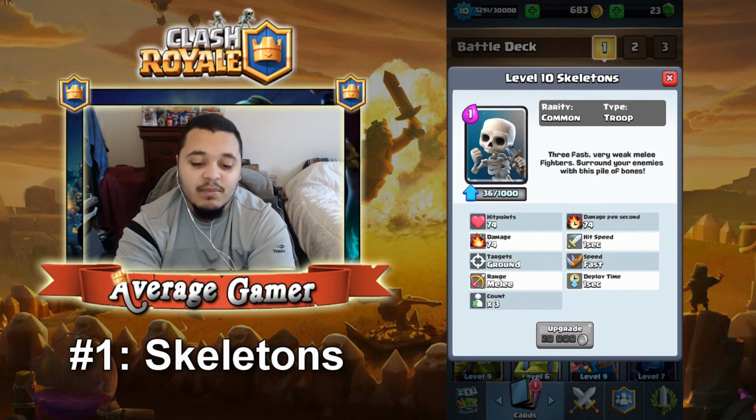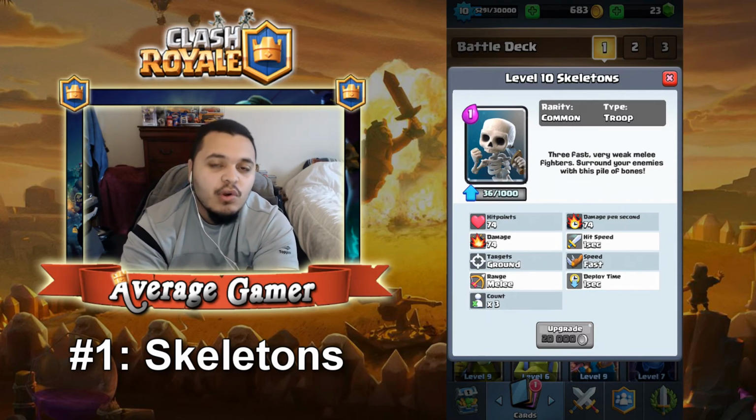3 fast, very weak melee fighters. Surround your enemies with this pile of bones. I love this card to death. This card is so useful for so many situations, whether it's diverting a Minion Horde all the way to the